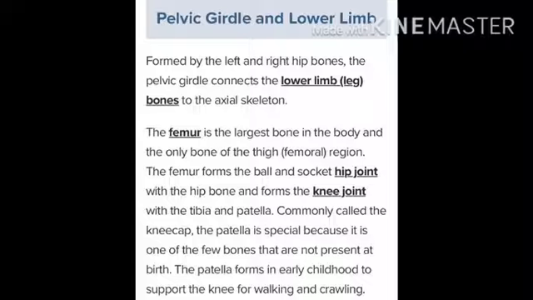The leg includes the thigh, lower leg, ankle, foot, and the toes. The leg enables us to stand, walk, run, and play. The thigh bone is the strongest and the longest bone in the body. The lower leg consists of two bones. The ankle consists of several small bones. In the front part of the knee, there is a disc-like kneecap called the patella.